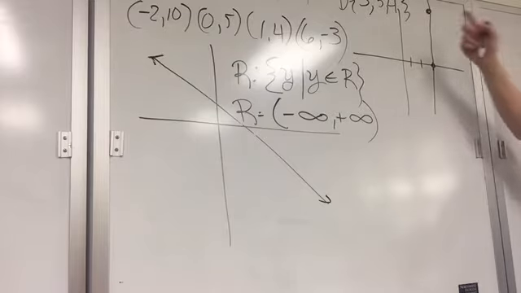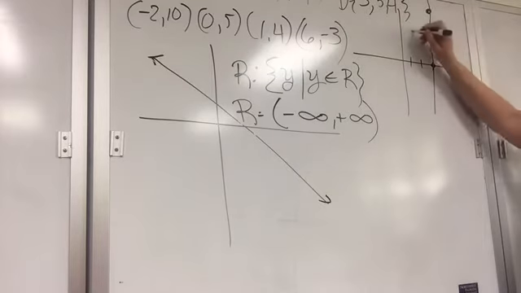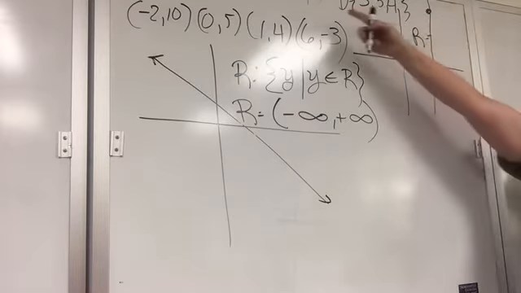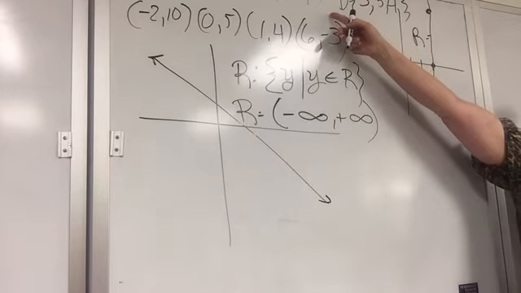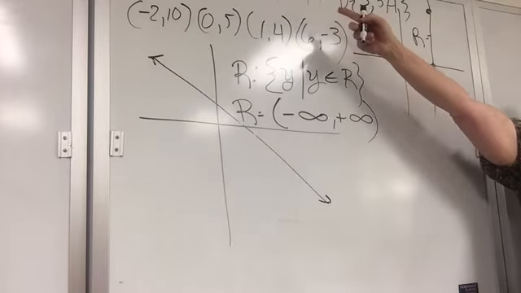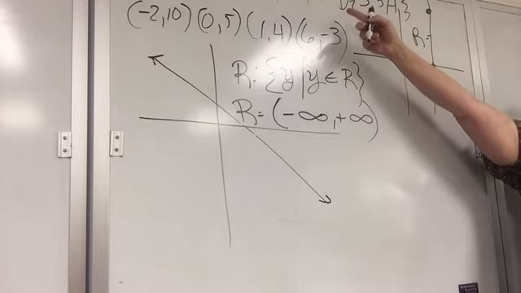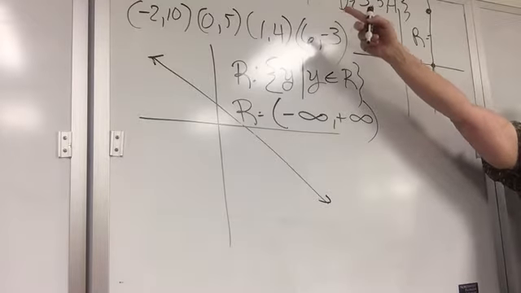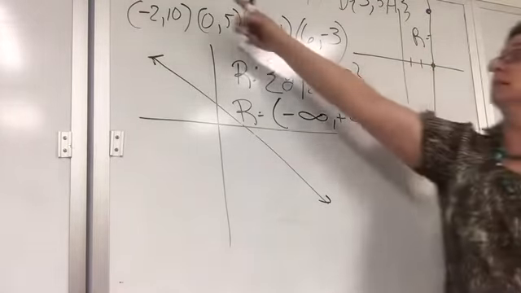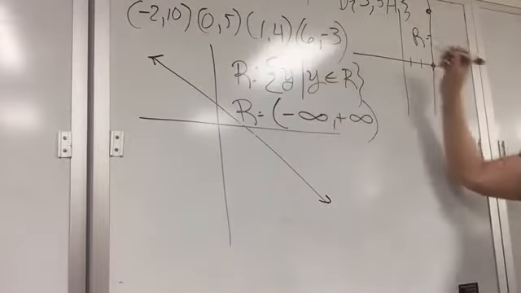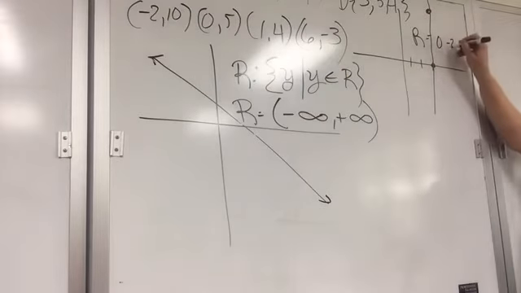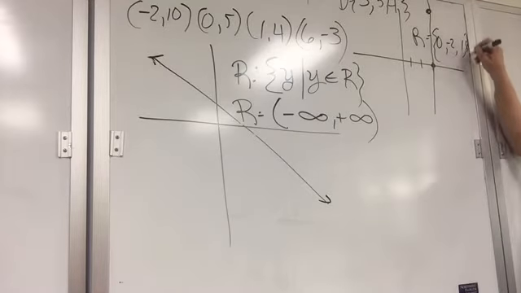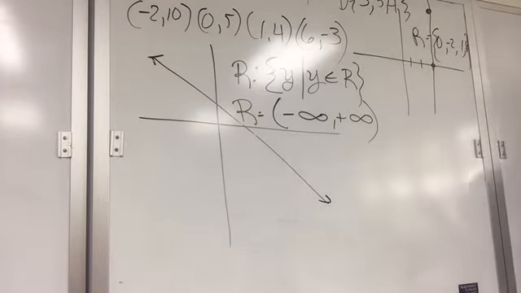But look at the range of this same set. Because there is a repeated 3, the range has 4 elements while the domain only has 3 elements. So the range is 0, negative 2, 1, 8. Basically, the range is just what can y be? And that's all there is to it.